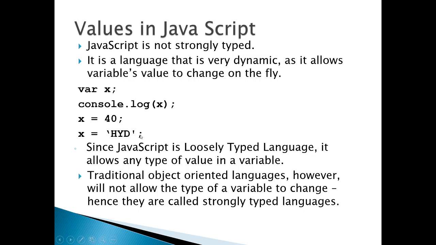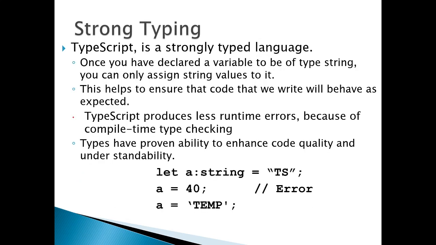So it is very easy. It is a loosely typed language, so it changes the type at runtime, and due to this nature there can be an error at runtime. In the case of TypeScript, we cannot let it go. We have to define the type. The way we define the type is let, the variable name, colon, the type of the variable, and the value of the variable. Now we are defining a will be a string